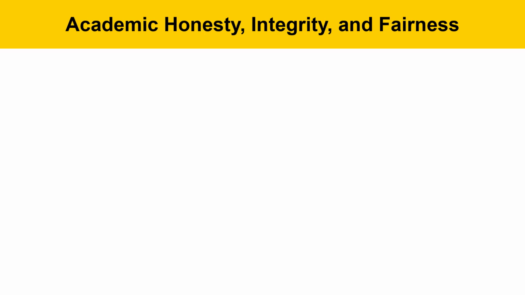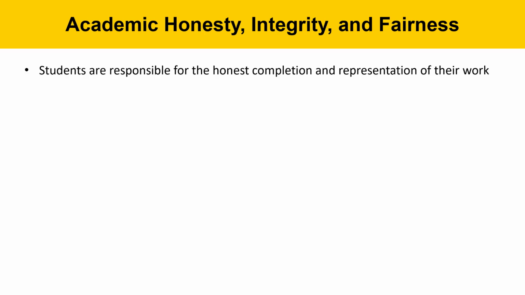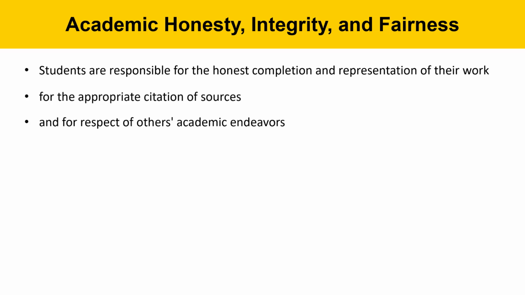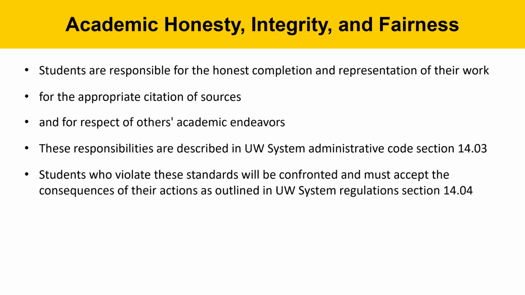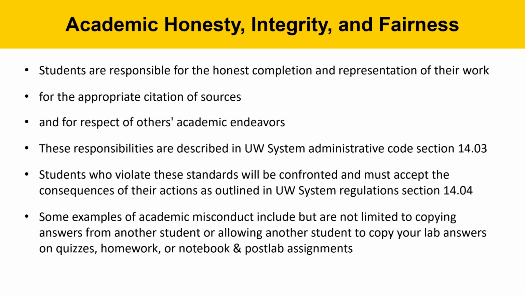This section deals with academic honesty, integrity, and fairness. Students are responsible for the honest completion and representation of their work, for the appropriate citation of sources, and for respect of others' academic endeavors. These responsibilities are described in UW System Administrative Code Section 14.03. Students who violate these standards will be confronted and must accept the consequences of their actions as outlined in UW System Regulations Section 14-04. Some examples of academic misconduct or areas where students could get into trouble are, for example,